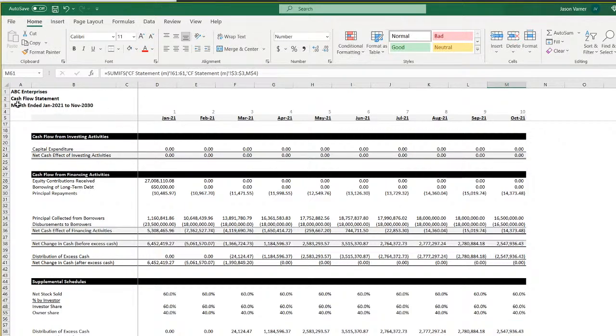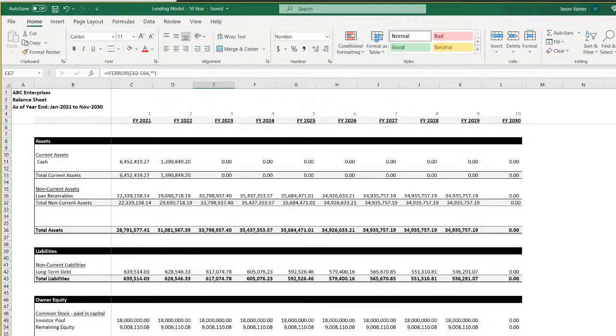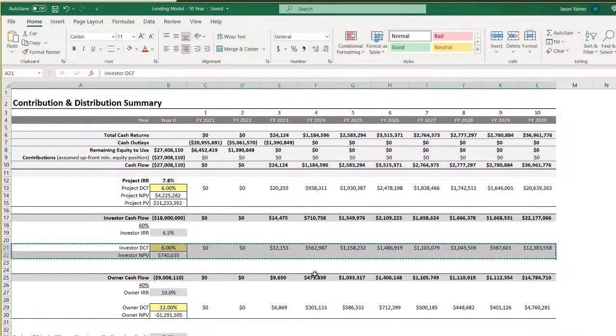So we've done our, let's just change this so it equals the same as the annual income statement, year ended. Balance sheet, yep, that looks good. Okay, so all of that's done. The distribution's done. Discounted cash flow analysis: I do want to do a quick discounted cash flow on